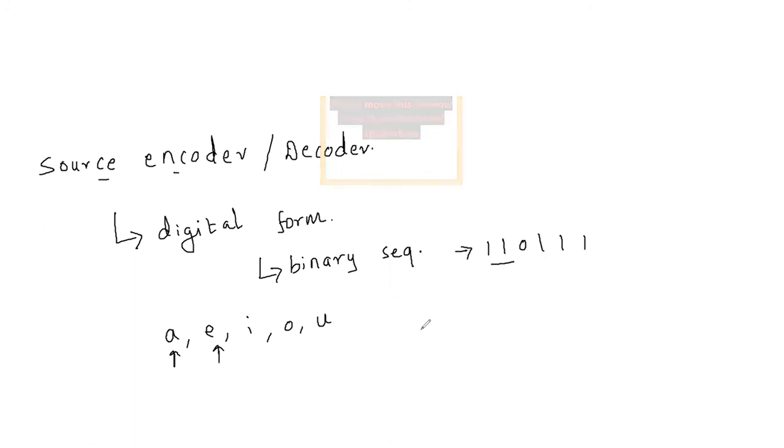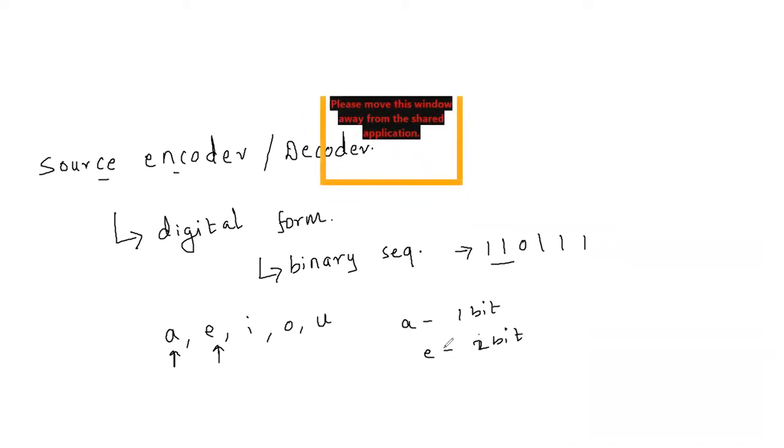So the letters which appear more frequently in the text information are assigned a binary sequence with the minimum number of bits. For example, A will be assigned only one bit of information. E is also assigned, for example, a 2-bit code, because these letters are frequently repeating. So those alphabets which repeat more in the given message are assigned the least number of binary bits. This is basically done for optimization of the bandwidth, or minimizing the bit rate for sending the information over the communication channel.